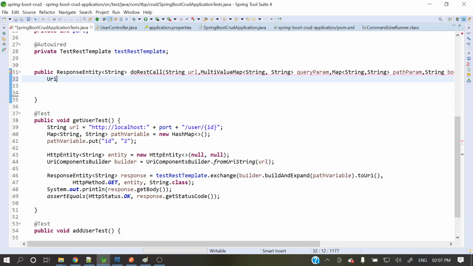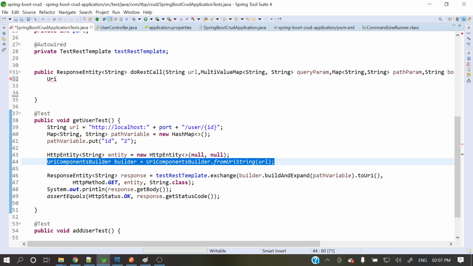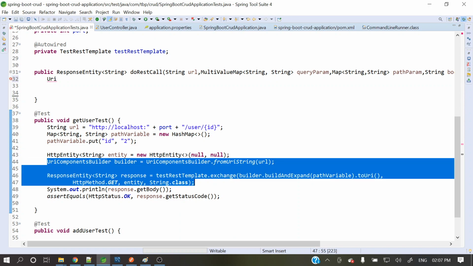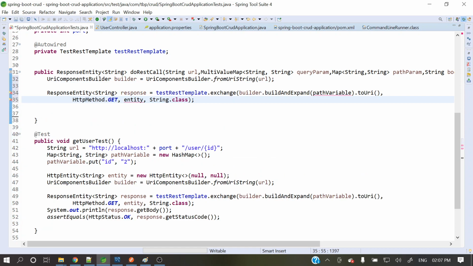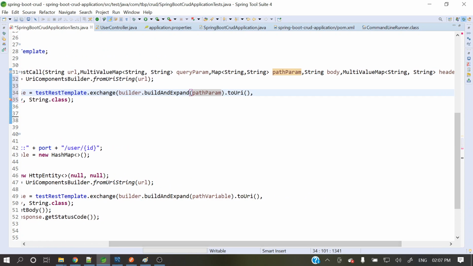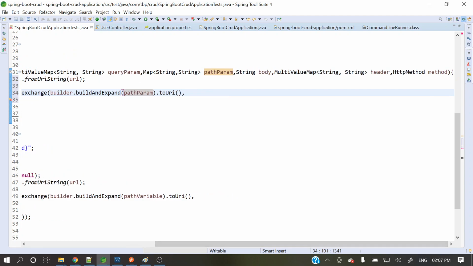So URI, let's copy paste these things. UriComponentsBuilder dot path variable. Where is this path variable? Path param, copy paste. The HTTP method from here we will pass. Where is this HTTP method? Method,